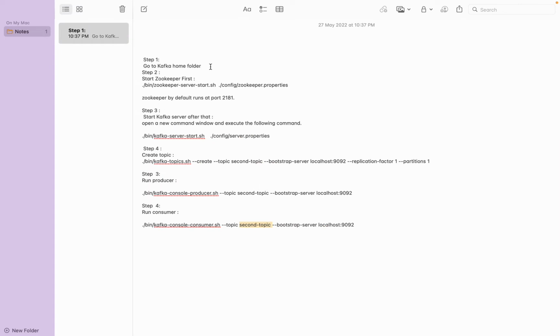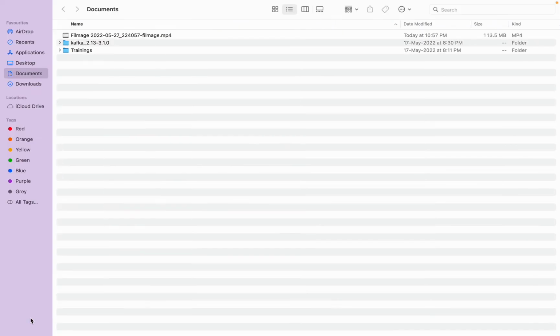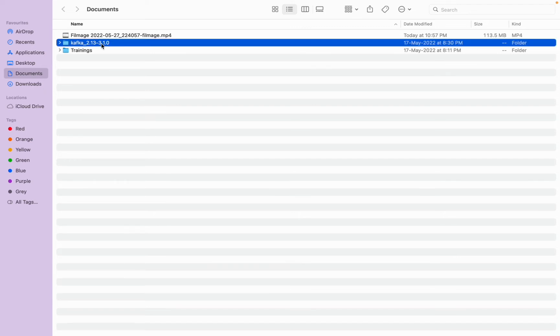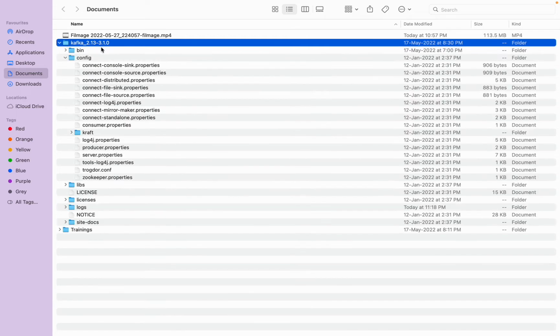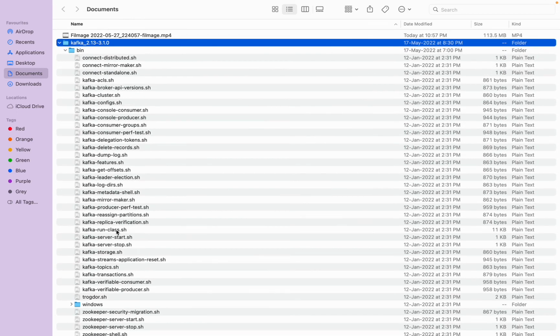So the first step is going to the Kafka home folder. Like here I have Kafka home. Okay. So I can go to the folder, and then inside the bin I have all the commands that I want to run. Here inside this bin folder